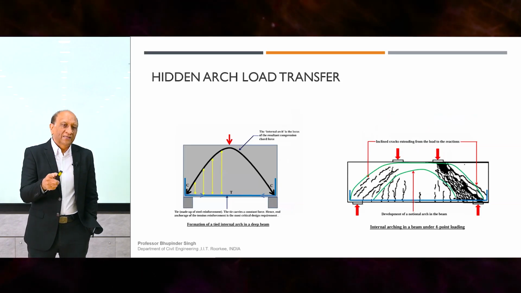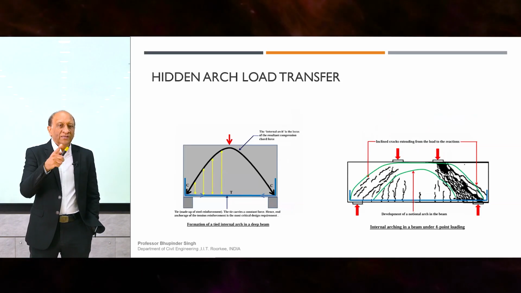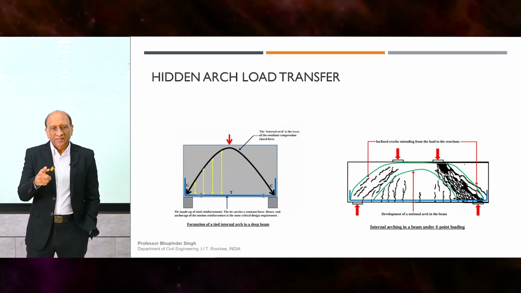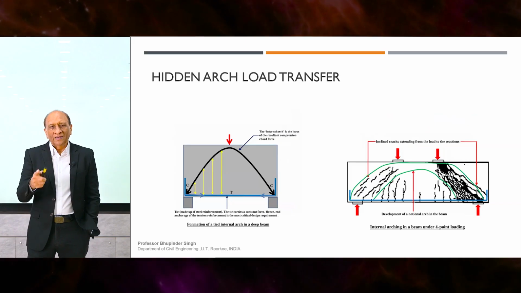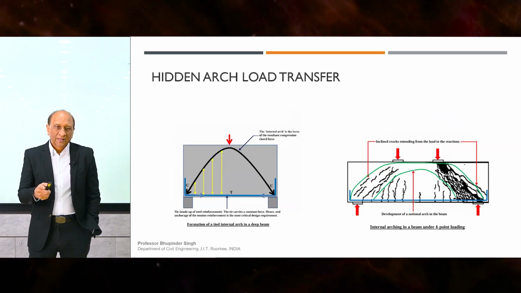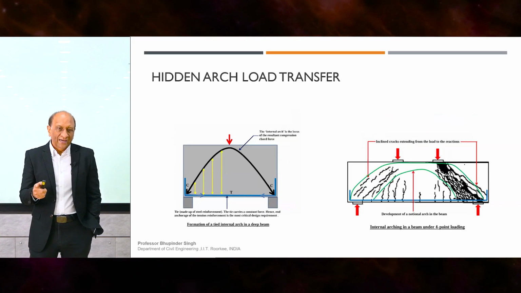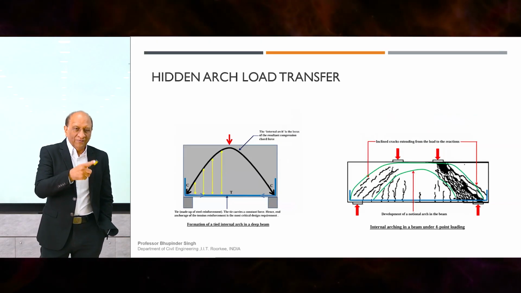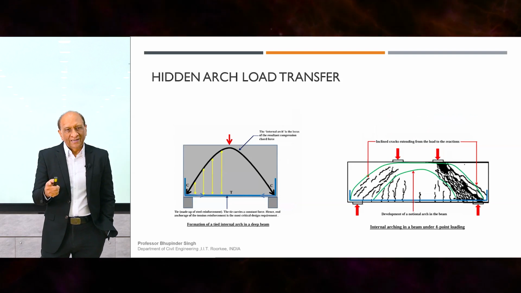Another thing that happens in a deep beam or a transfer girder is the formation of the arch. As you can see here, it's trying to form an arch by itself. So it's similar to a strut and tie, but it's more like a tied arch. Whether you have a strut, a truss, or a tied arch, their behavior